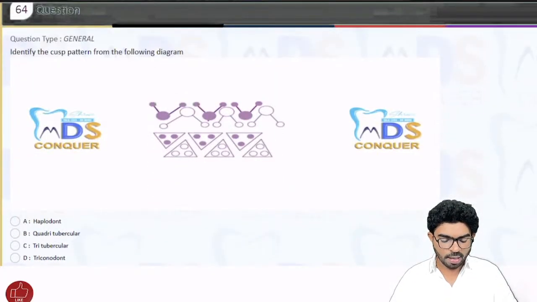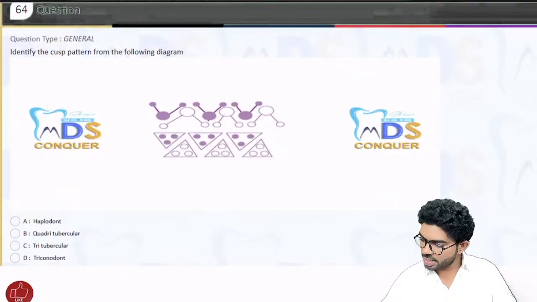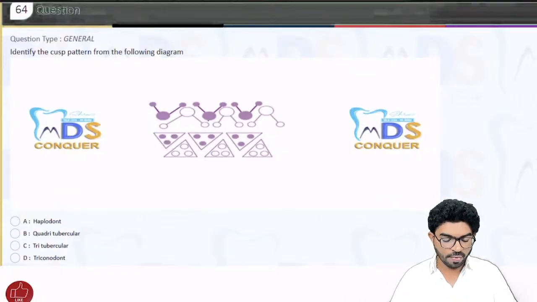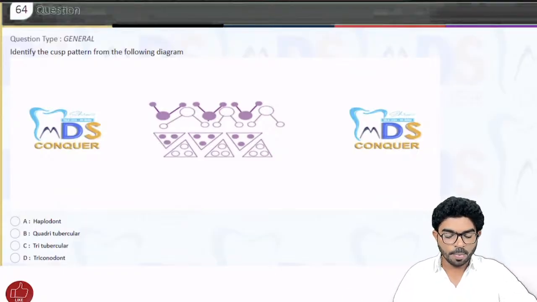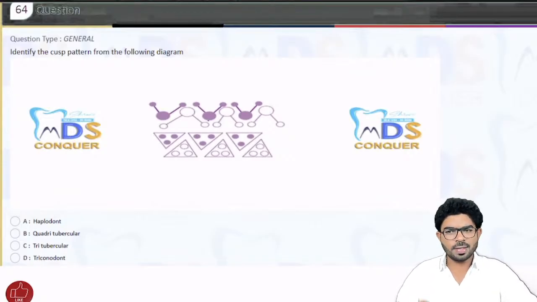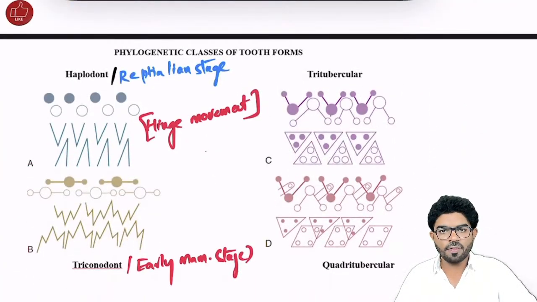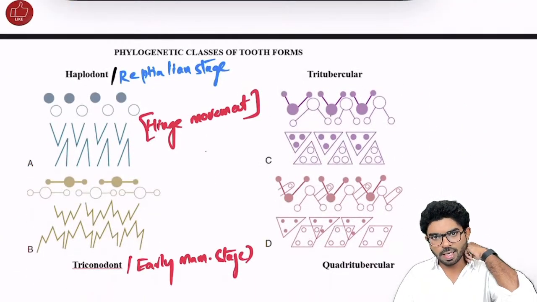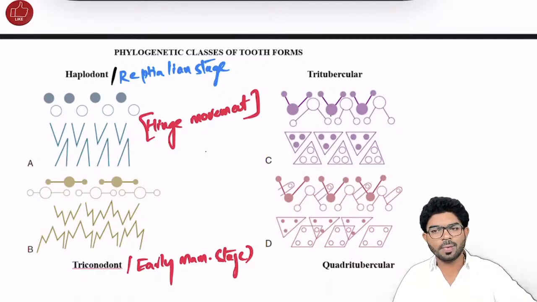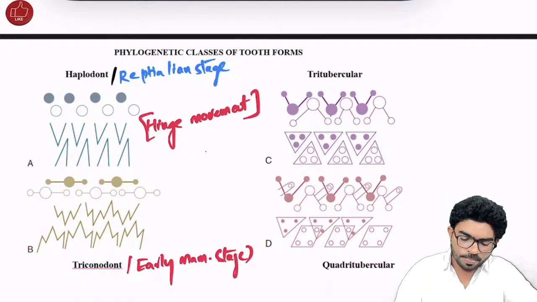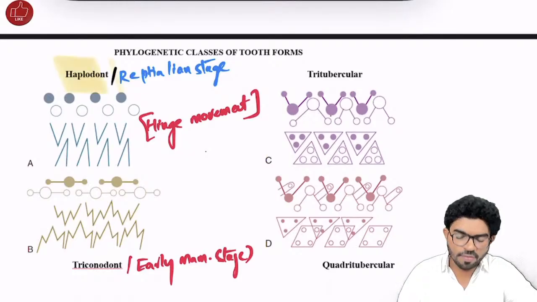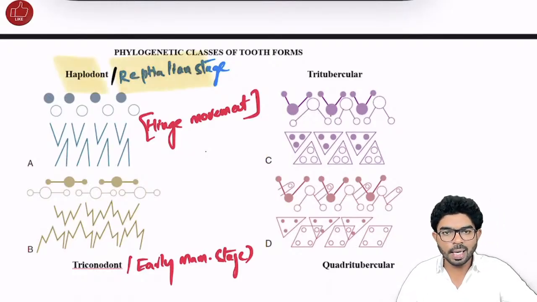64, again a very frequently asked question about the patterns of cuspal arrangement. Okay, a nice diagram based question. Again, this is given in your worksheets. So this is the type of classes of tooth forms. Okay, so the first one is the oldest one. The oldest one is called haplodont, which is seen in the case of reptiles, particularly crocodiles and all these